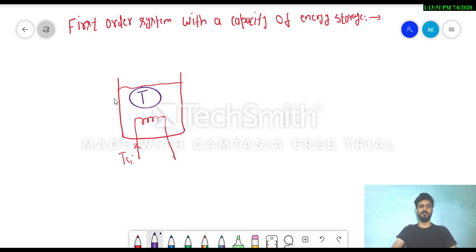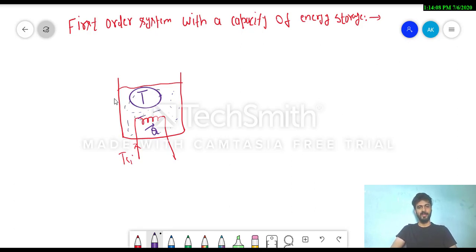If this coil supplies a Q amount of heat to this particular system, then what will happen? If there is a fluid placed in this particular container,